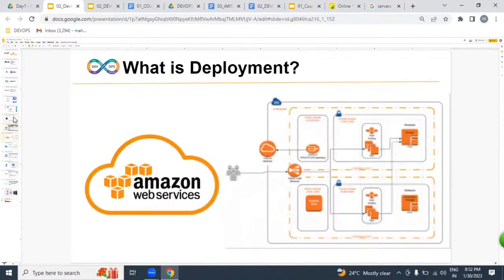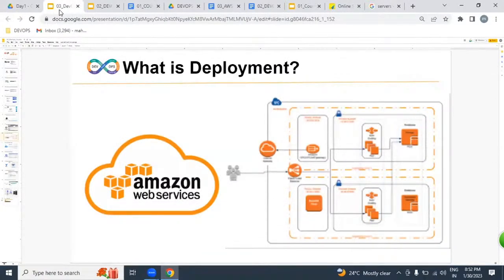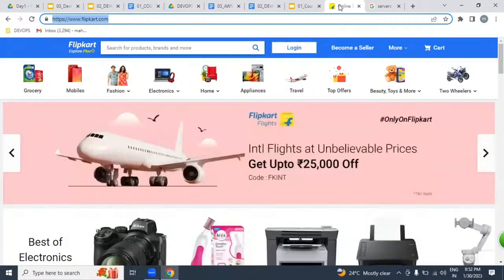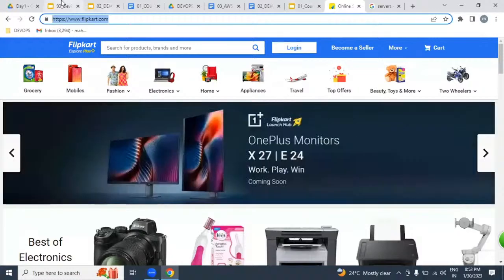Then we are going to be placing our application on where? Servers. Which servers? We are making working software, and we're going to be placing it on servers, either physical or virtual or cloud. The working software, what are we calling it? Application. That application we are going to be deploying on cloud servers. Then only can we access it as a website. This is the point we discussed at the very beginning of the session. What is an application? What is the server? Am I right? Fine. Excellent.